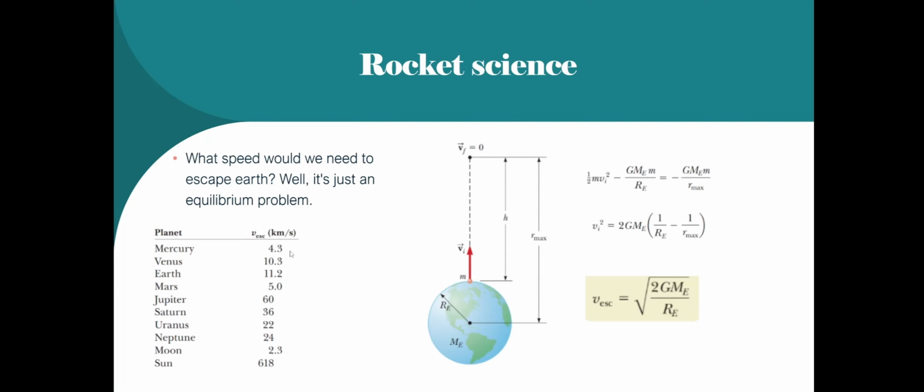You'll see Mercury's is rather low. Venus is about the same as ours. Mars has lower gravity than the Earth, so theirs is lower. Jupiter is much larger than the Earth, so it has much more gravitational pull, so that's much larger. The Moon, you've probably seen the moonwalk videos. Very, very small gravity on the Moon, so it doesn't take much to get off of the Moon,